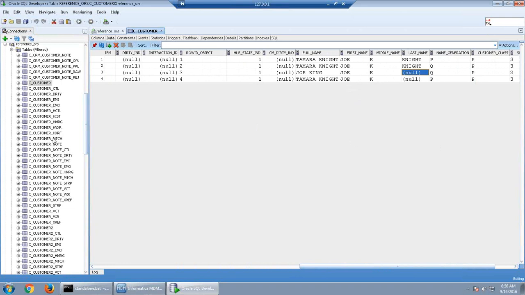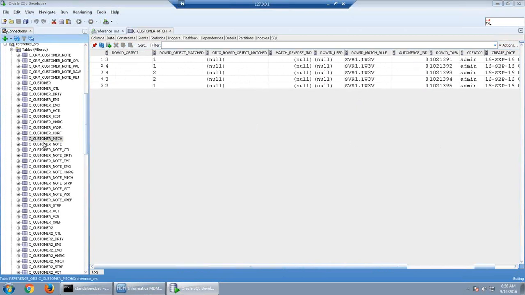We can see the same thing when we go to the match table. Here you can see 3 is getting matched with 1, 3 is getting matched with 2.